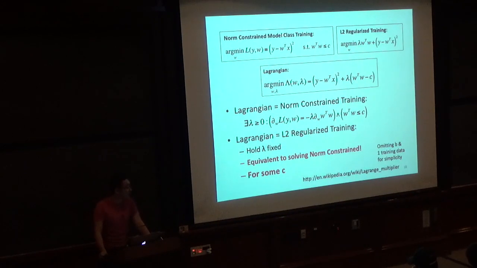Yes? With the validation set, is it possible to get some sort of gradient on loss with respect to lambda? Can you know which direction you should either increase or decrease lambda? I'm not sure I understand the question. With your validation set, you get some error, right? And then you have your parameters, so can you do gradient descent for lambda?